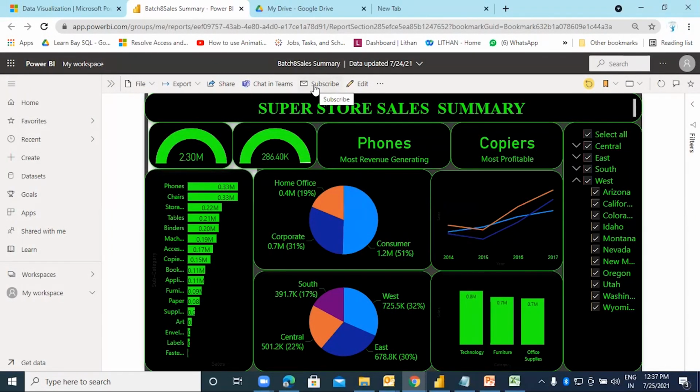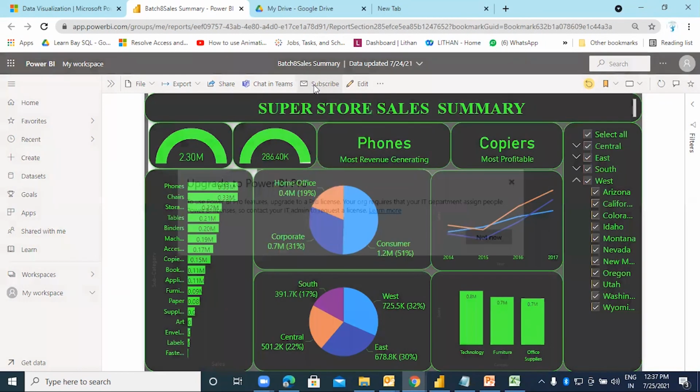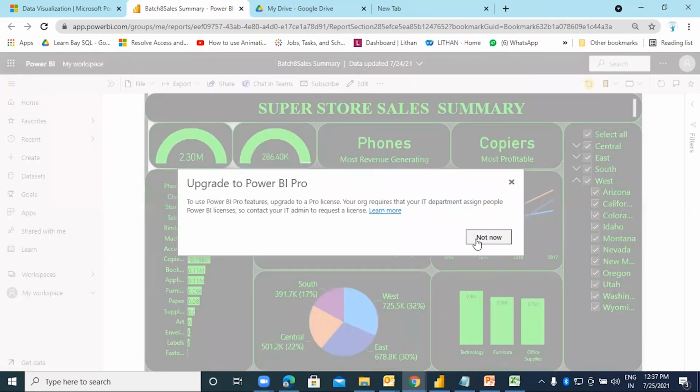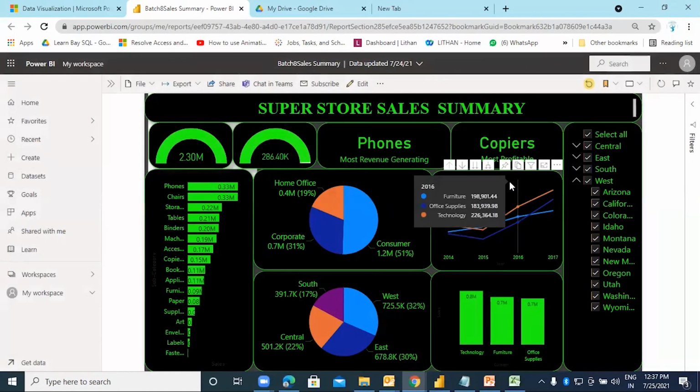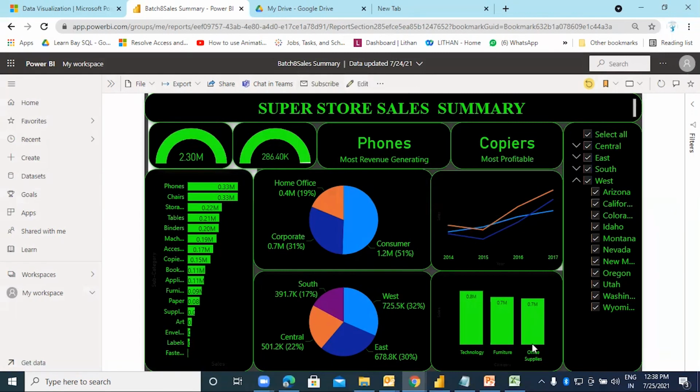Hmm. So basically it is a subscription, which as of now I won't be able to create over here. Subscription means that if you want to subscribe to this particular report, at a particular interval this report will be automatically sent. I have to recreate my Power BI account, then only I will be able to subscribe, because the trial period of 60 days has expired in my account. So I need to use some other ID for this. So that is the subscription over here.